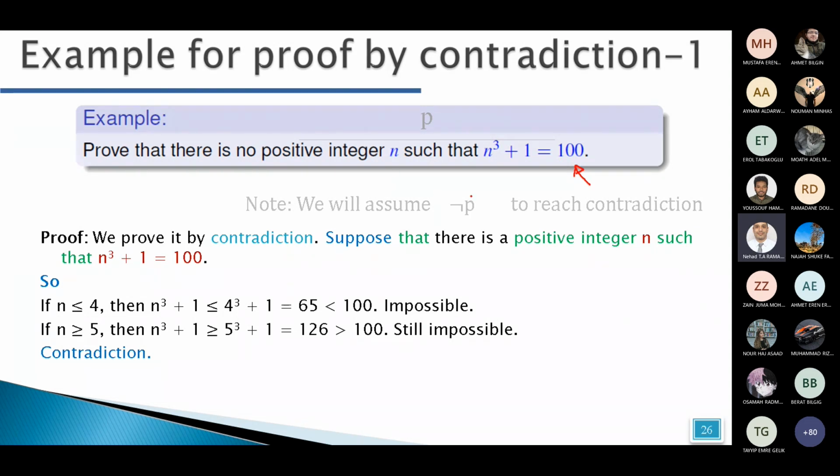We will start with not P and reach something impossible. If we reach something impossible, then the original assumption is true. Okay, let's prove by contradiction. How to start? We start from not P. So not P means n to the power 3 plus 1